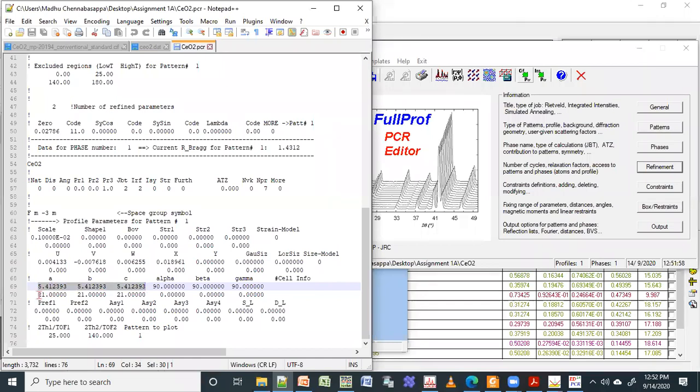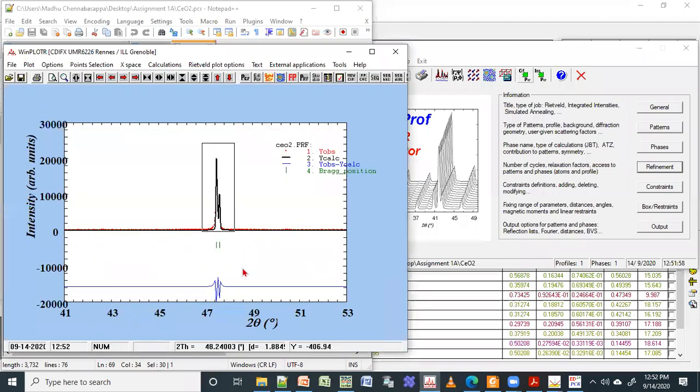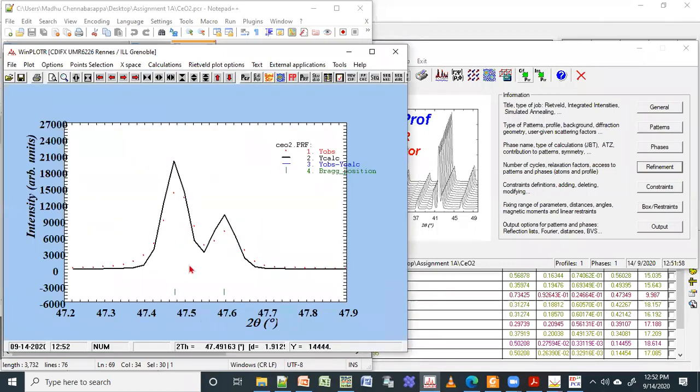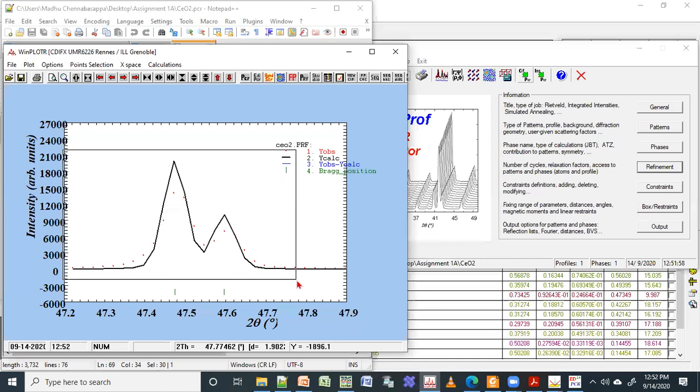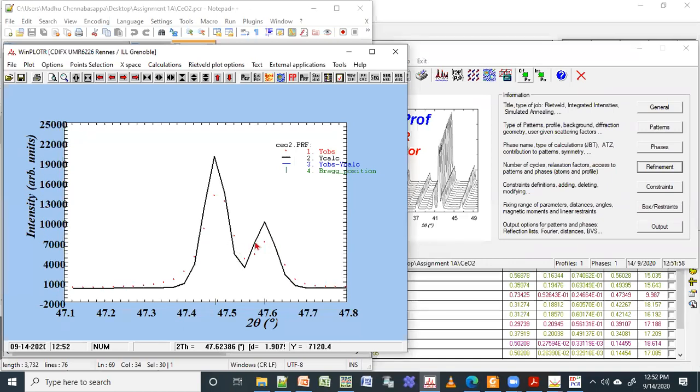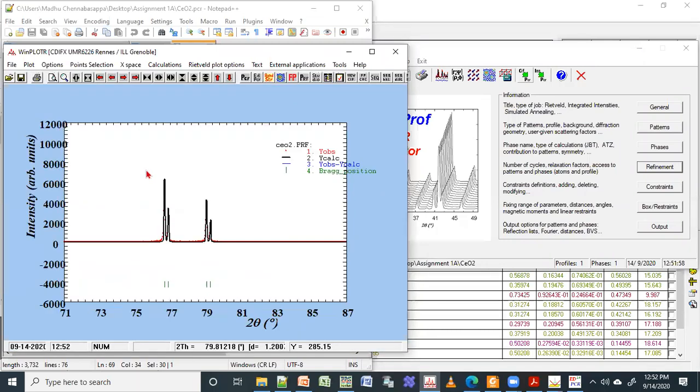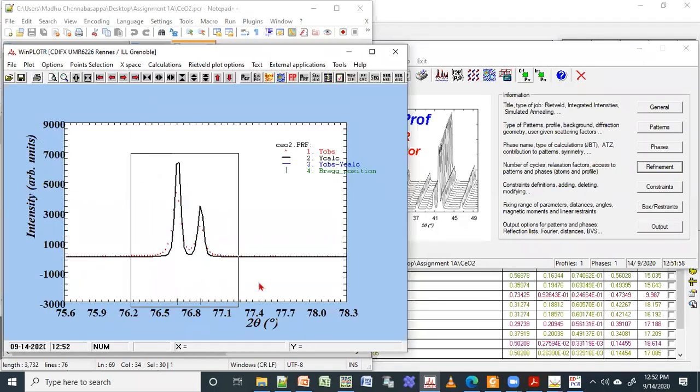Now it has put some value here and it has changed the value. That means it has changed the ABC parameter. Now if you go to the peak and see here, the position is good now. Previously this peak was shifted to the left. When I tried to fit with ABC parameters, it shifted the peak to the right position. So this means it has done a good job in terms of ABC values.